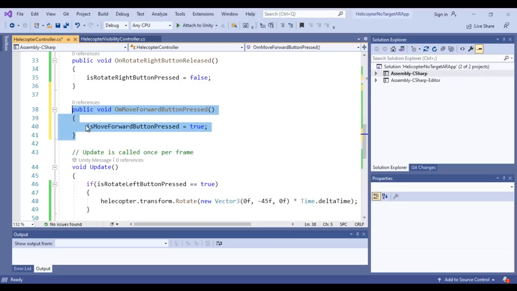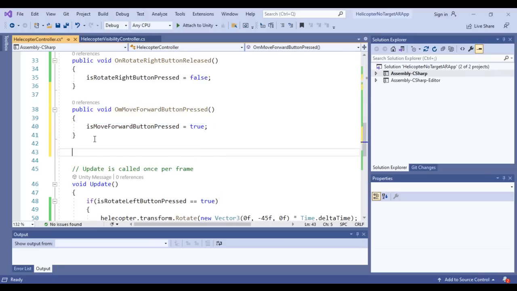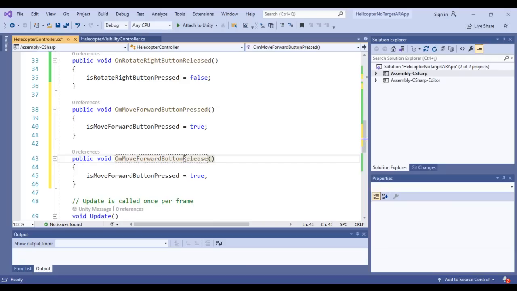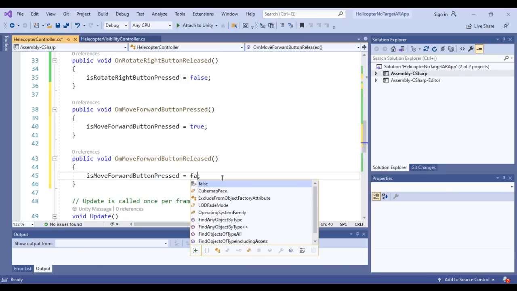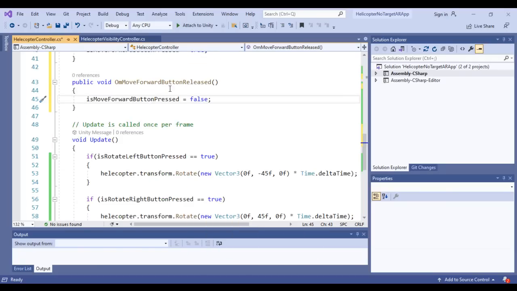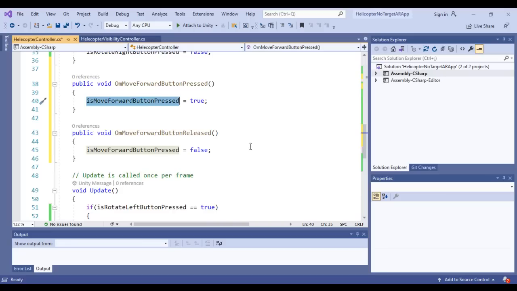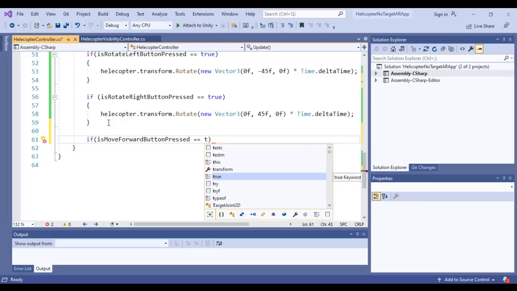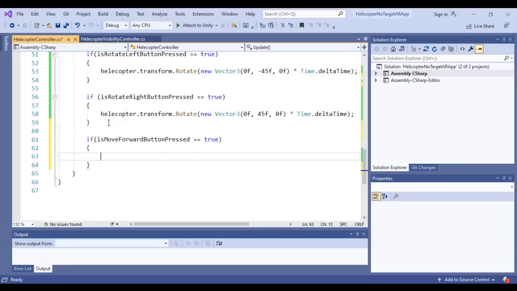I copy this and paste it down. On move forward button released, it should become false. And then, if is move forward button pressed is equal to true, then we say